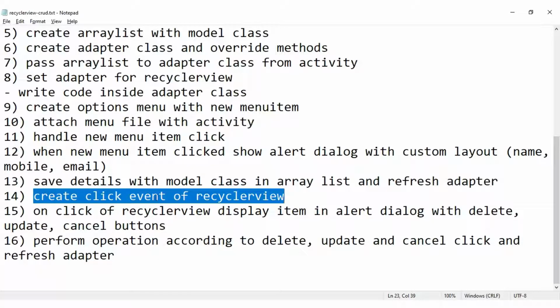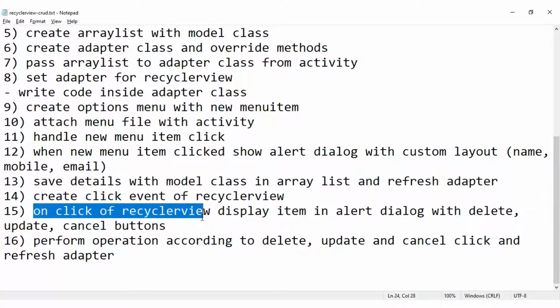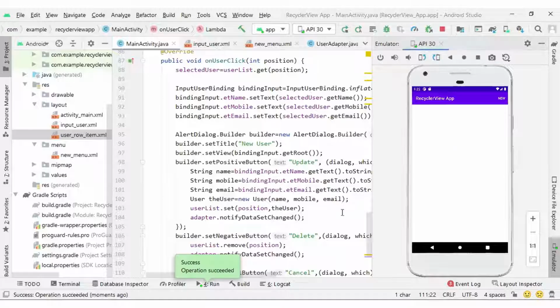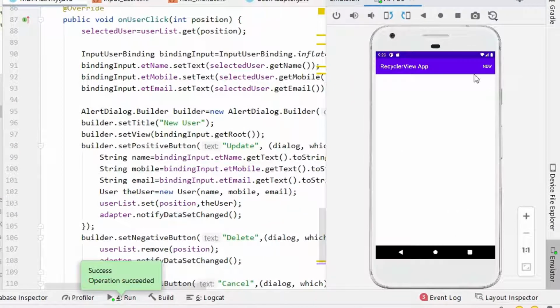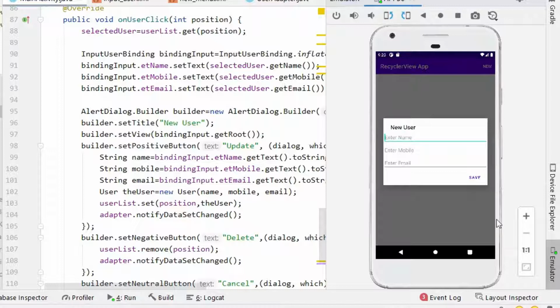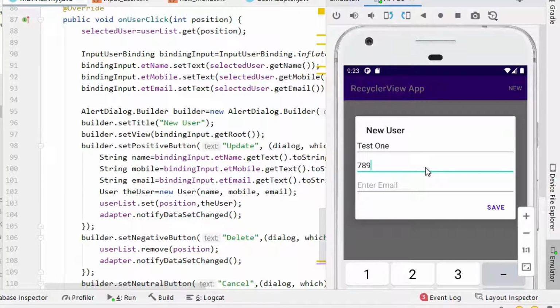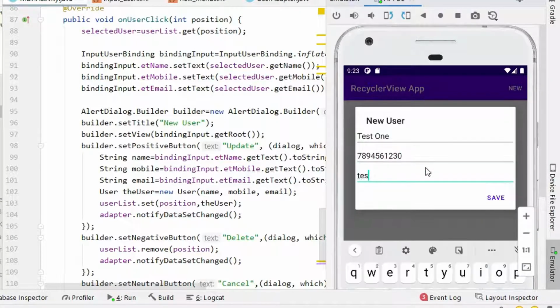So inside the notepad you can see the on click event we have done. We have done the delete, update and cancel operations. These are the steps you need to follow. Here you can see I click on the new button. Again I am going to add some data here: test 1, test1 at gmail.com, save.